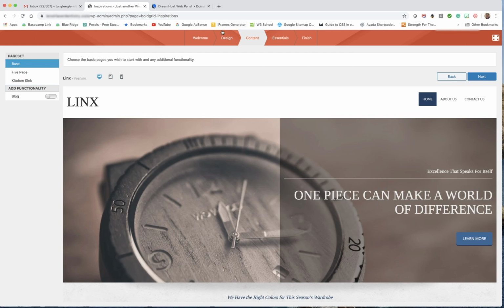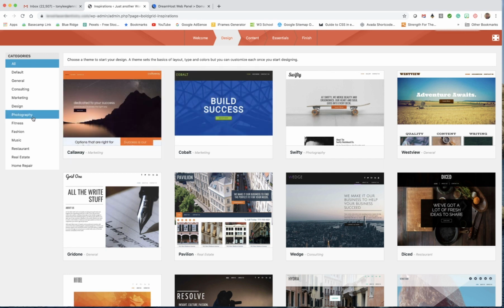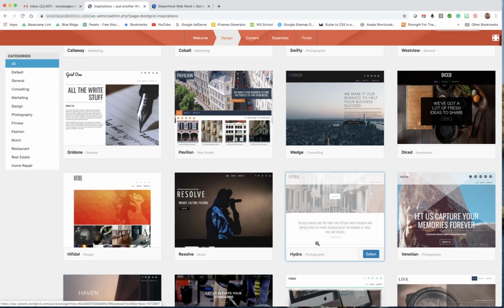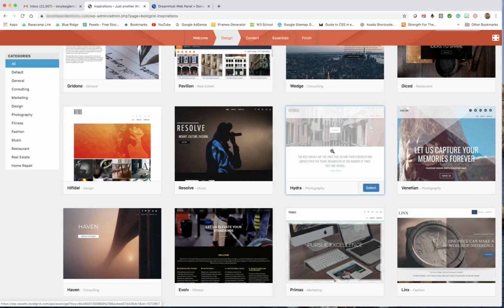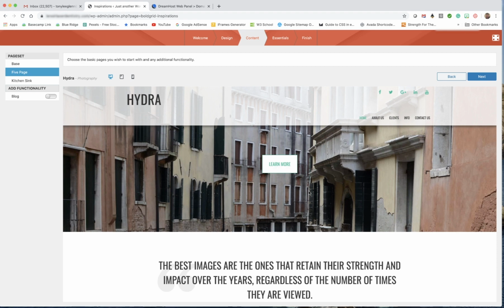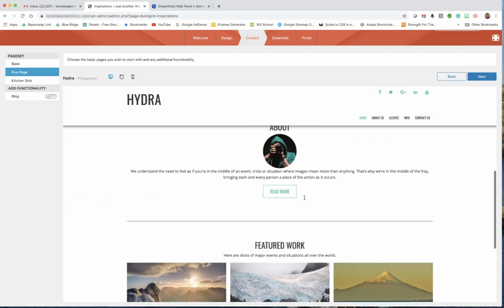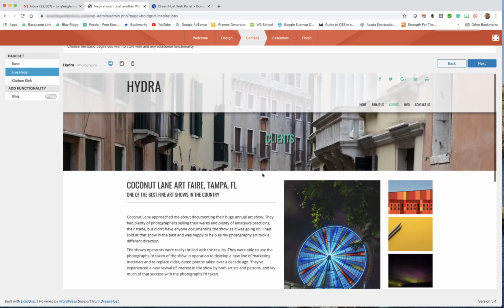So we can go back to design again. And this is as simple as it is. So you want to go to another one here. This is how easy they are to switch out. Let's do this Hydra here. And I'll select it. And so now I'm just going to do the 5-page setup here. And that quickly, it took less than a minute. You've got the Hydra set up and you have the 5 pages that they say most people typically use in